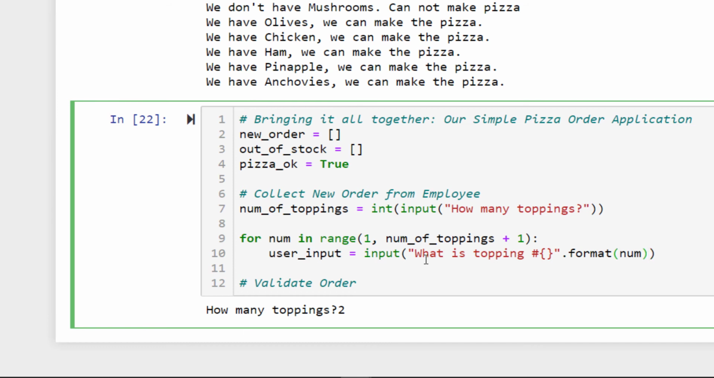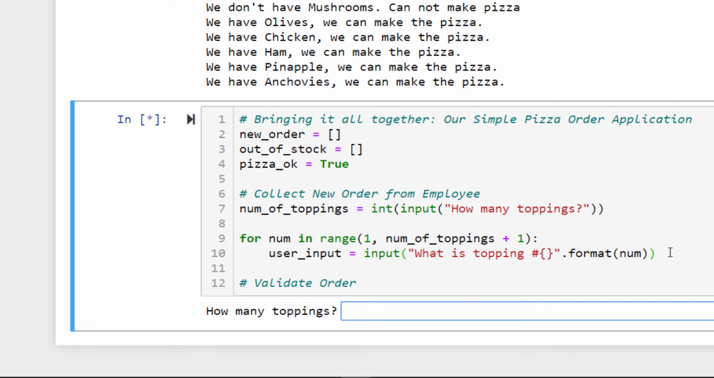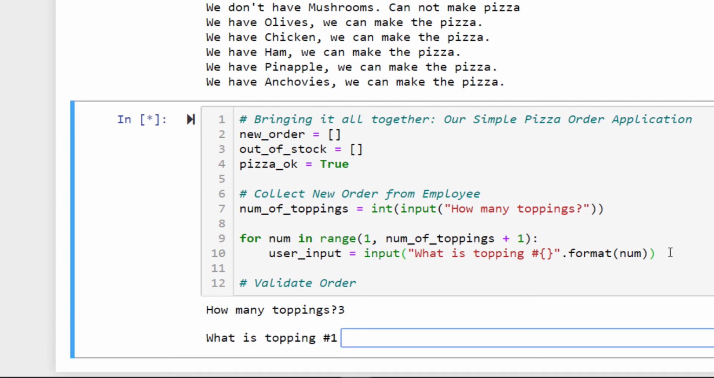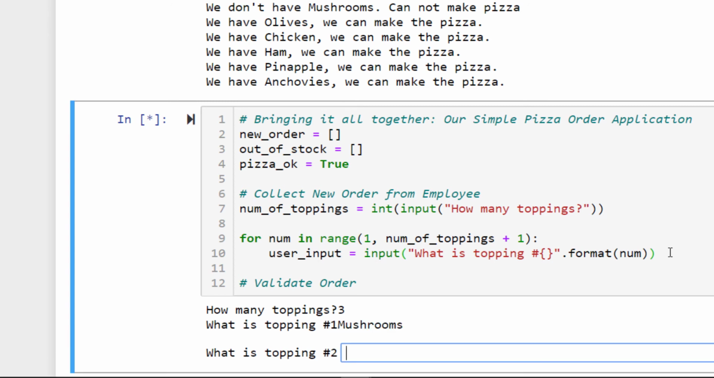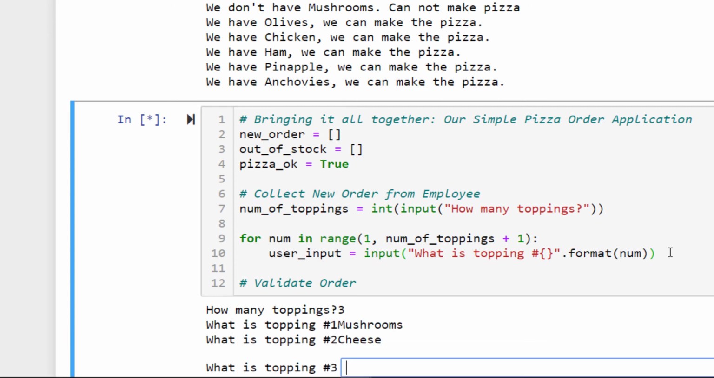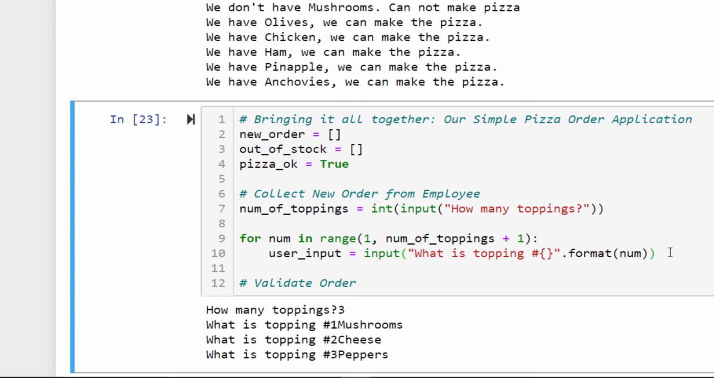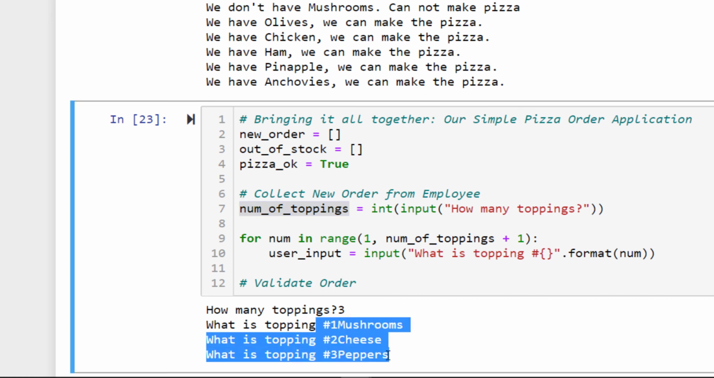Okay, so what is topping number? And it's going to say number 1 or number 2 or number 3. Okay, let me show you what I mean by that. If I put in how many toppings and there's 3 toppings, it's going to say, well, what's topping number 1? Well, it's mushrooms, and then cheese, and then peppers. Okay, notice how this is why I'm collecting the number of toppings up here, to know how many times to prompt them